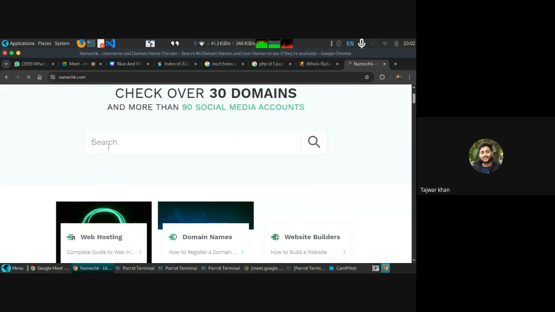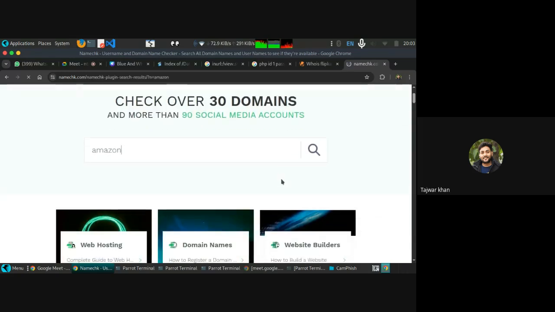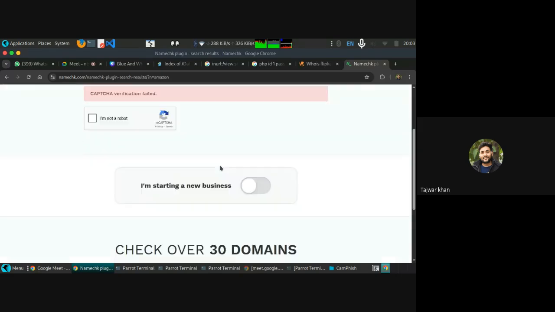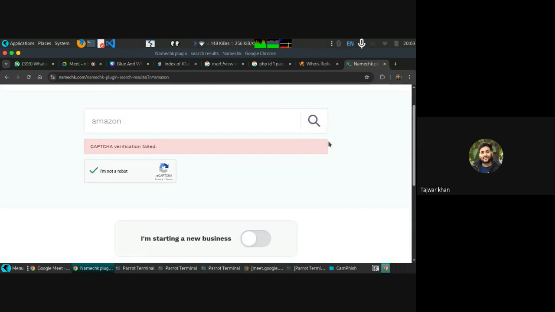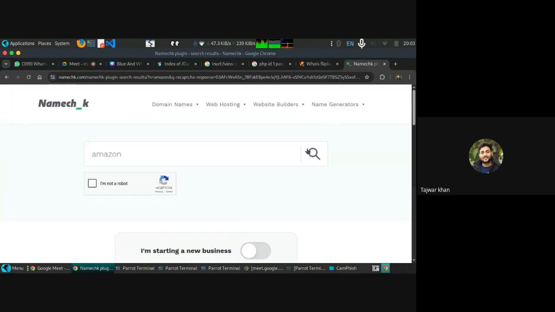Okay, and if we search about anything, let's suppose I'm searching about Amazon, we will get lots of things about this particular domain. It is asking for captcha again.